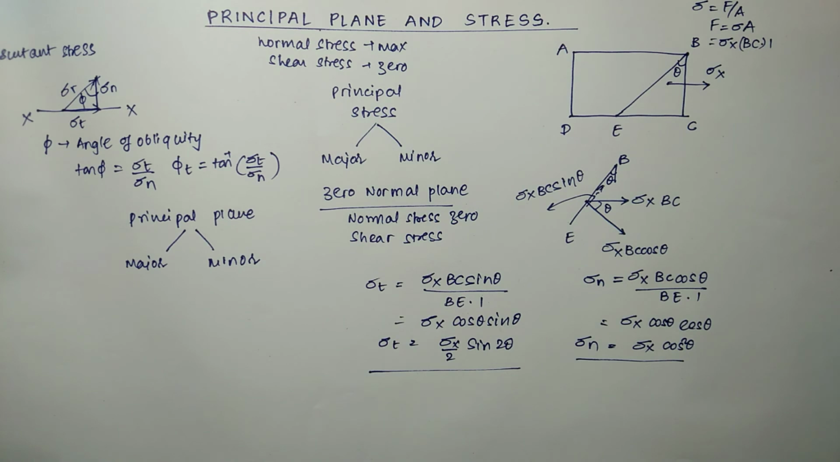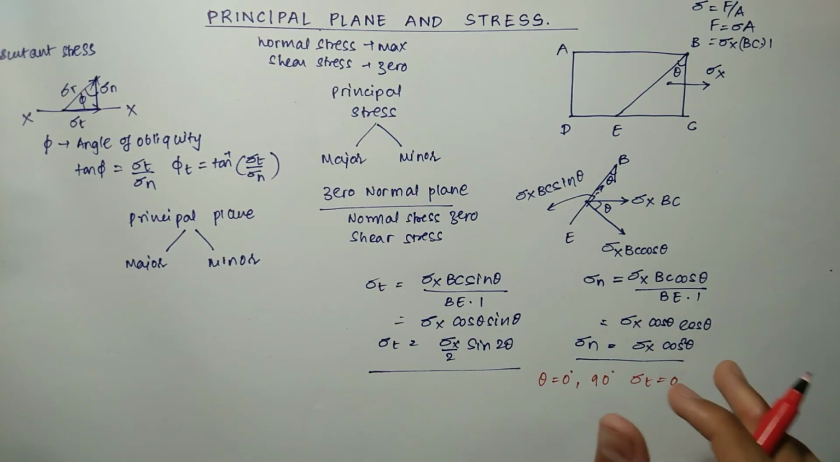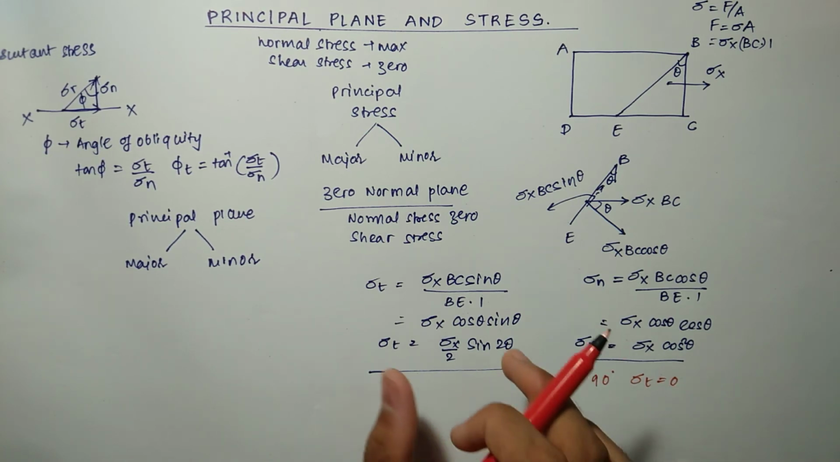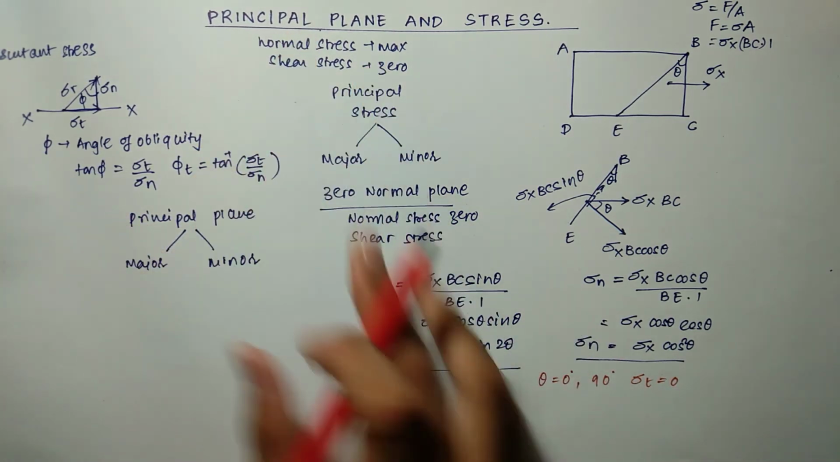Now for different values of theta, we get different values of sigma t as well as sigma n. Here we will be considering two values, that is theta equals 0 degree and theta equals 90 degree. For both these values of theta, the value of sigma t would be 0. Hence we get the principal stresses, or we get the plane at which the shear stress is 0 but the normal stress is found to be